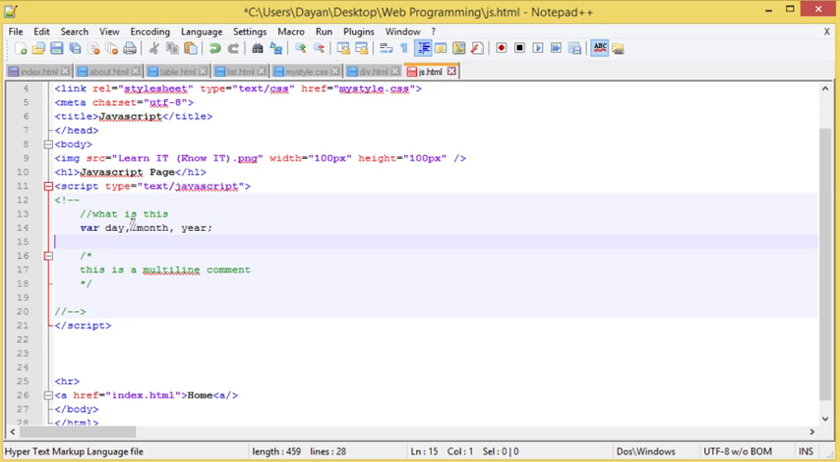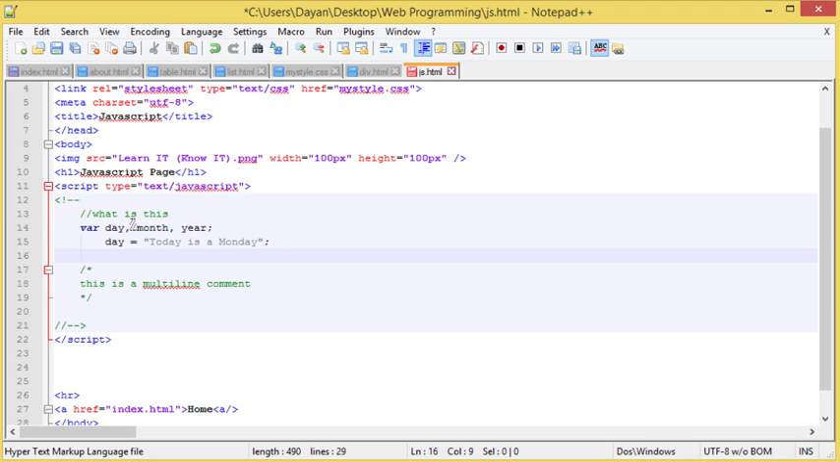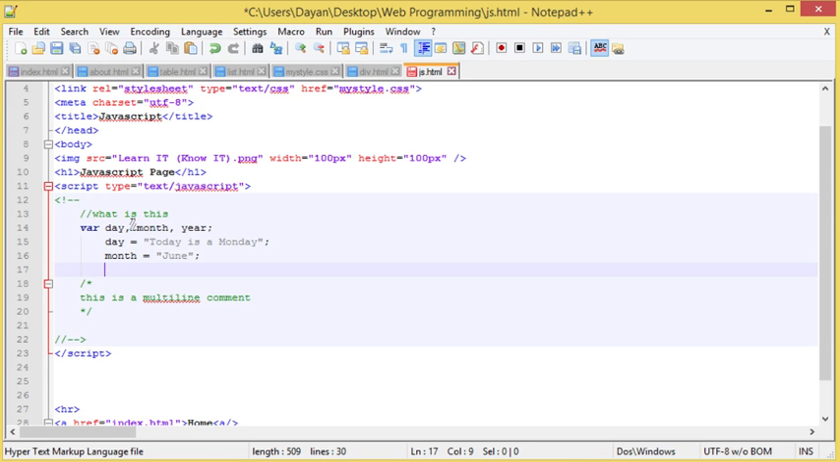And now that I've actually got the variables set up, I now have to actually add values into them. So today I'm going to say today is a Monday. It's actually Wednesday, I think. No, Thursday. Month is equal to June. Again, that's wrong. I think it's July. And year is equal to